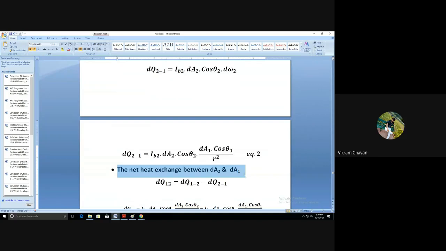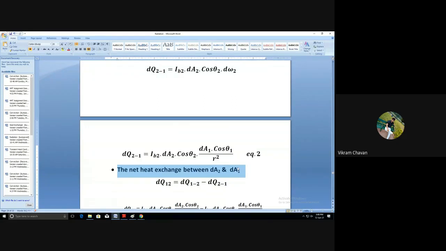Then we have to determine the net exchange. Both bodies are emitting energy, and both bodies are also accepting energy. We know that every body emits radiation at every temperature. So both bodies, having temperature greater than absolute zero, will emit radiation, and both bodies having absorbability will absorb the radiation. But how much is the net exchange? That we have to determine.